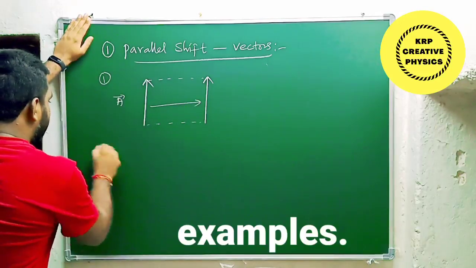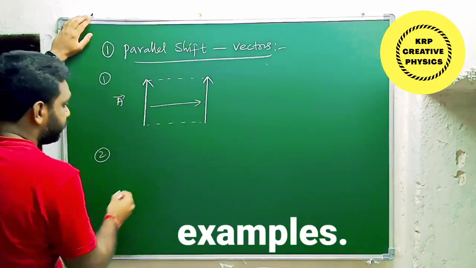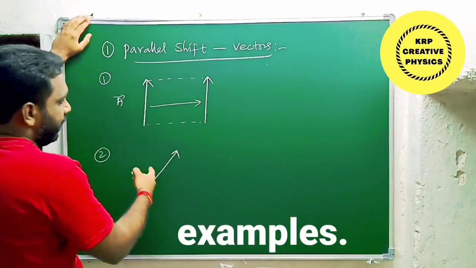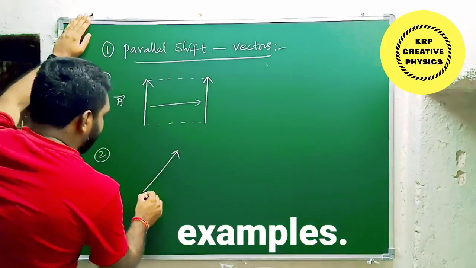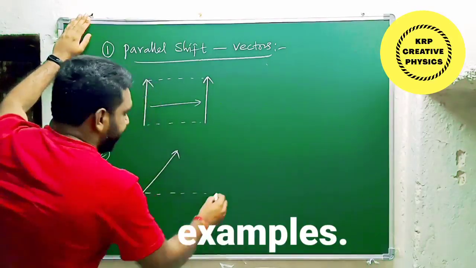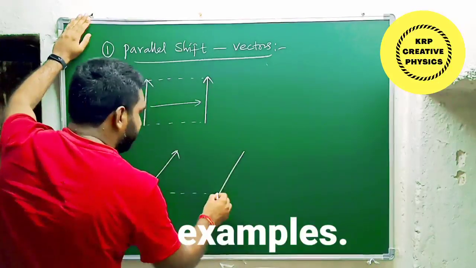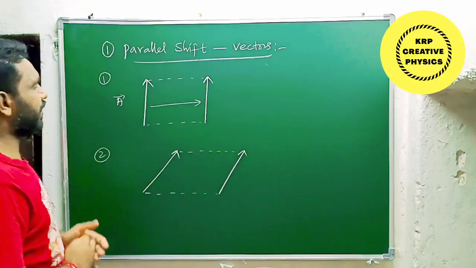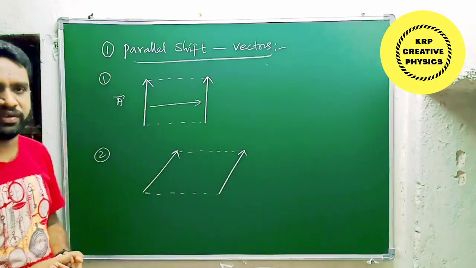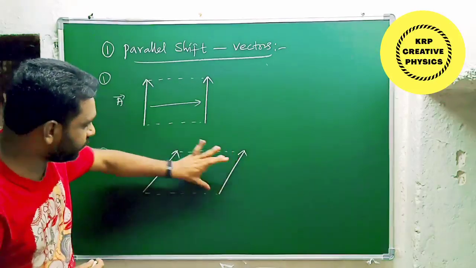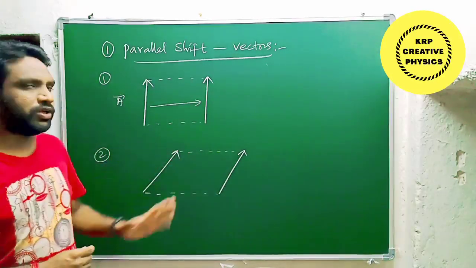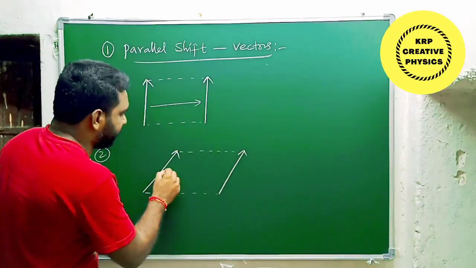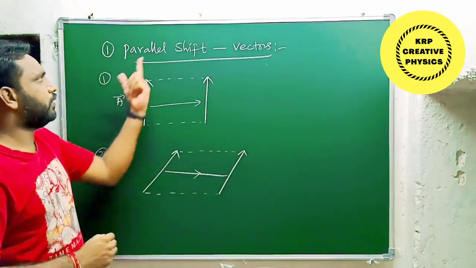And if we consider one more, different example, we will consider this one. Okay? So how to change the position of this vector here? Again what we need to do? Simply tail to tail in the same way and at the same time head to head. So this simple process is said to be what here? Parallel shift of vectors. Here there is no change in magnitude, there is no change in direction. So without changing the direction and magnitude, if we change the position of a vector from one place to another place, then it is said to be parallel shift.